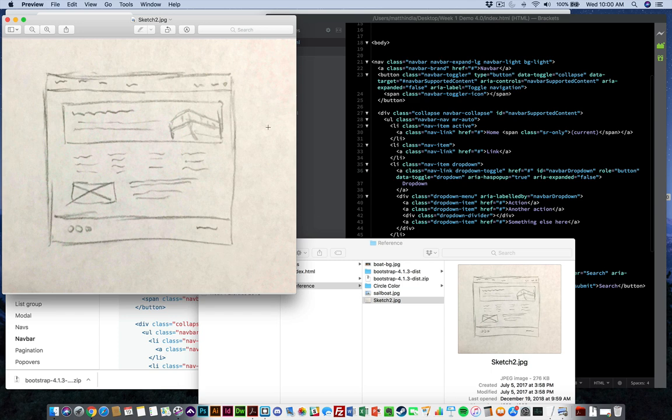So I have an idea of what I'm going to do with my website. I want my navigation up here towards the top. I want a featured header image here in the top section with some text in it. I want a couple different columns of copy below it. Maybe have an inset photo and then some typography off to the side. And then close everything off with a footer. These are going to be my social media buttons, as well as potentially a copyright or some more information here in the right section of the footer. So that's going to be the general structure of the website. Now it just comes down to figuring out how to use the Bootstrap grid to build this layout within my